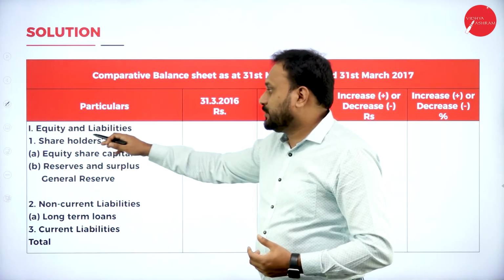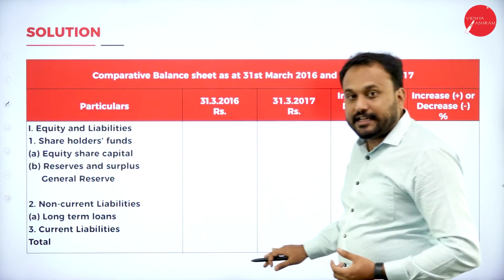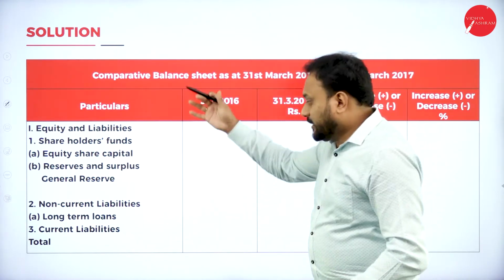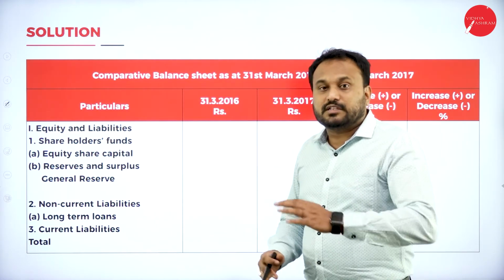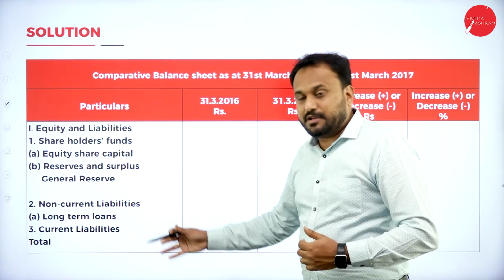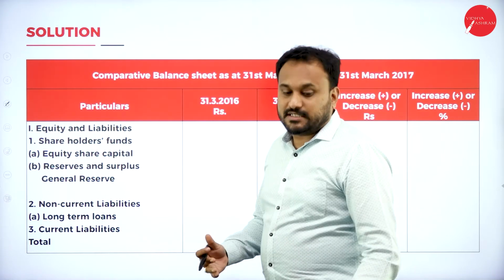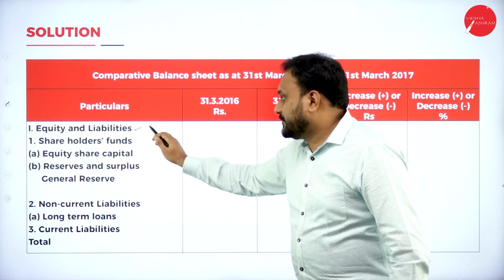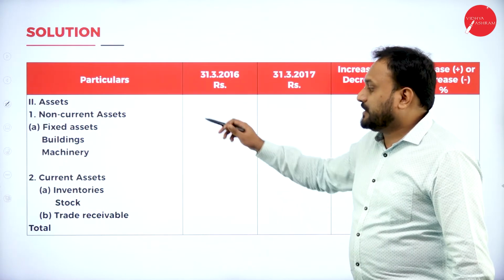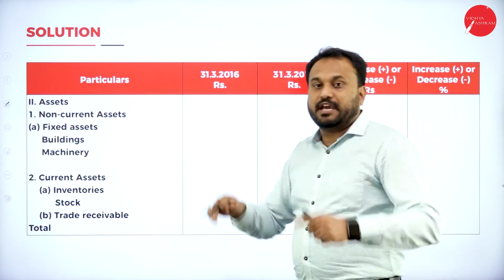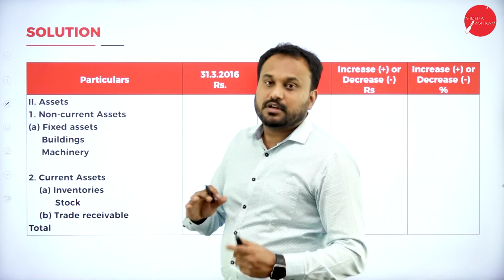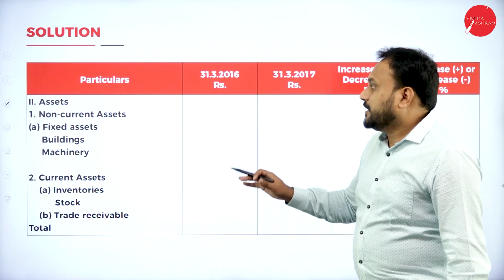So here we have equity and liability. Total we will get. Again, don't go for a second step, go with a continuation. After total, don't go for the second page, go for the same. Here only you continue with assets, right? So I have given here equity and liability, and next I have given you assets total. So in one page only you are supposed to write the entire tabulation. Don't bifurcate.